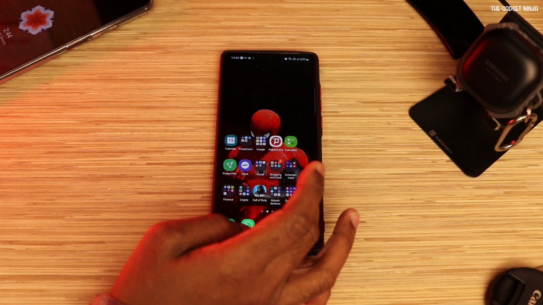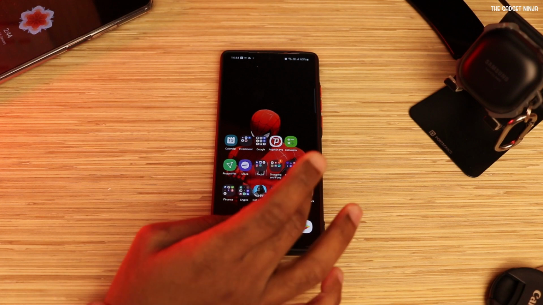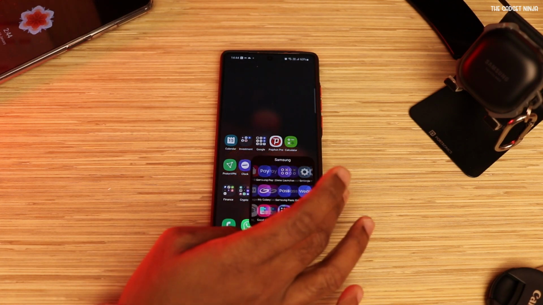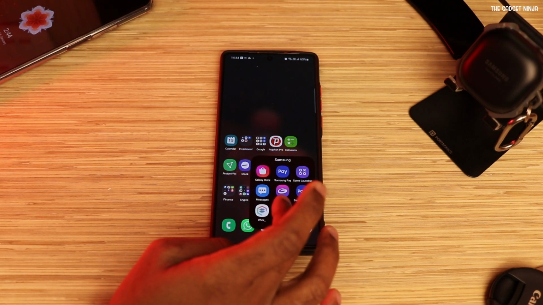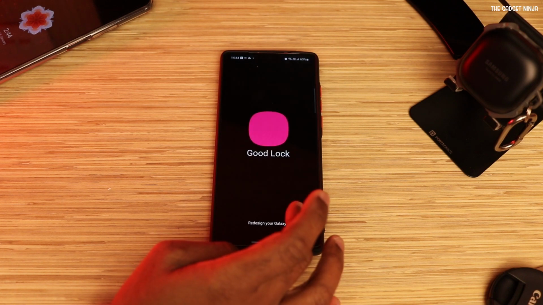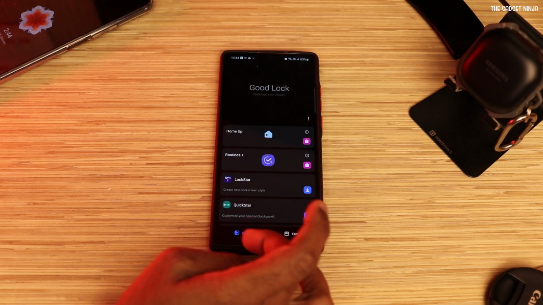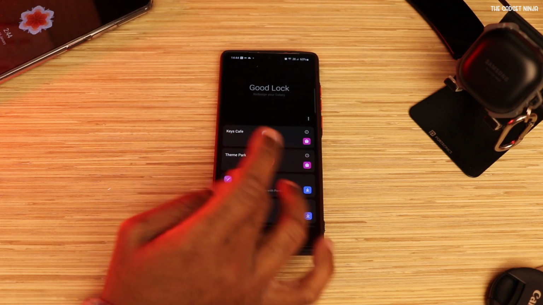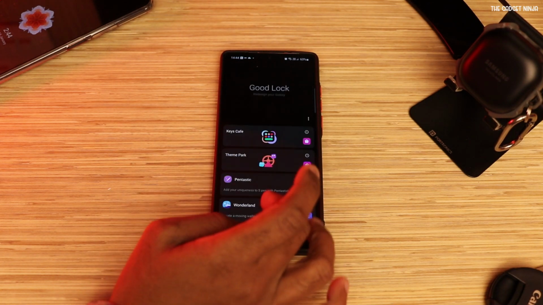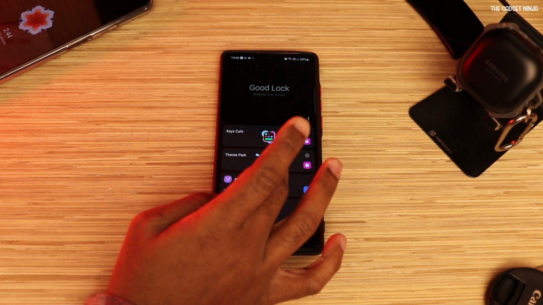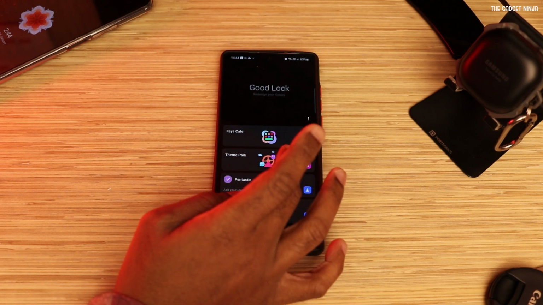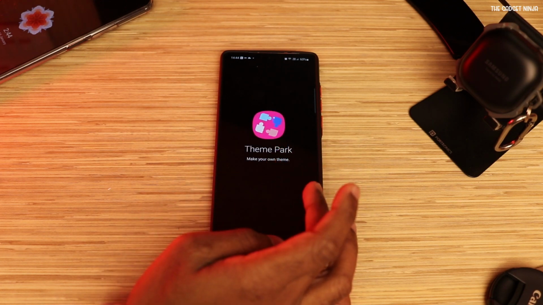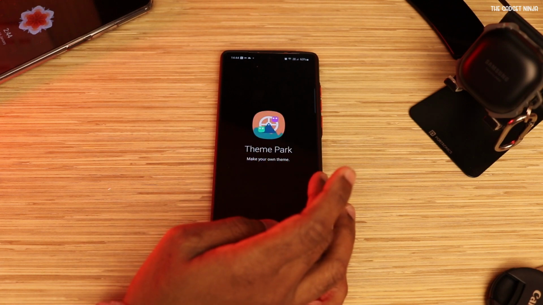After that is done, the second thing that you have to do, you have to get GoodLock. So I have GoodLock right here. I'll give link of GoodLock in the description below. I'll just open up GoodLock and just move to Family tab. So click on Family. You'll have theme park. I'll already have it installed. You can install it. Just click on it. It will direct you to the Galaxy Store and you can install it from there. Anyways, I'll just click on theme park and it'll open in a couple of seconds.